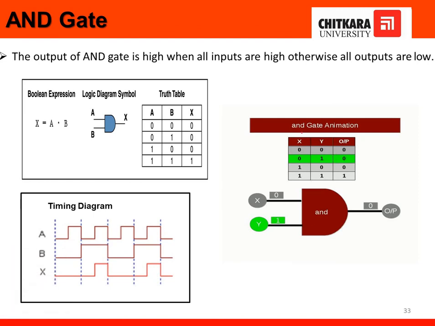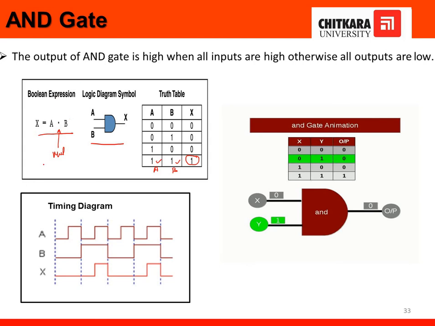So see the truth table. This is basically a truth table, and this GIF shows the output of the system with respect to the changing input. This is the logic symbol of the AND gate, and this is the expression. Now the question comes to mind, how does this expression come? Here our output is 1 only in a single case, this one, where A and B both are 1. If they are 1, I just represent A and B. This dot sign shows the multiplication. That's why I'm writing A dot B. So this is the Boolean expression of the AND gate, logic diagram, truth table.